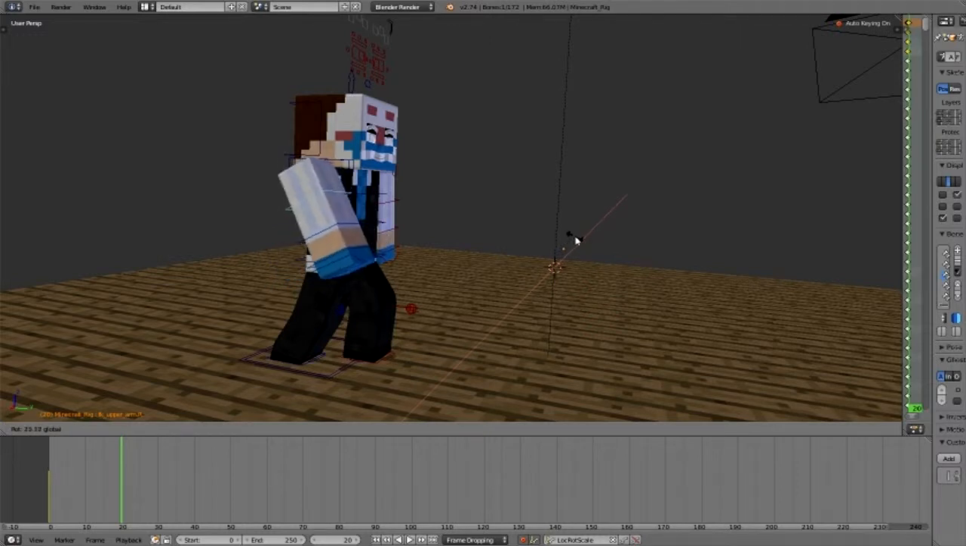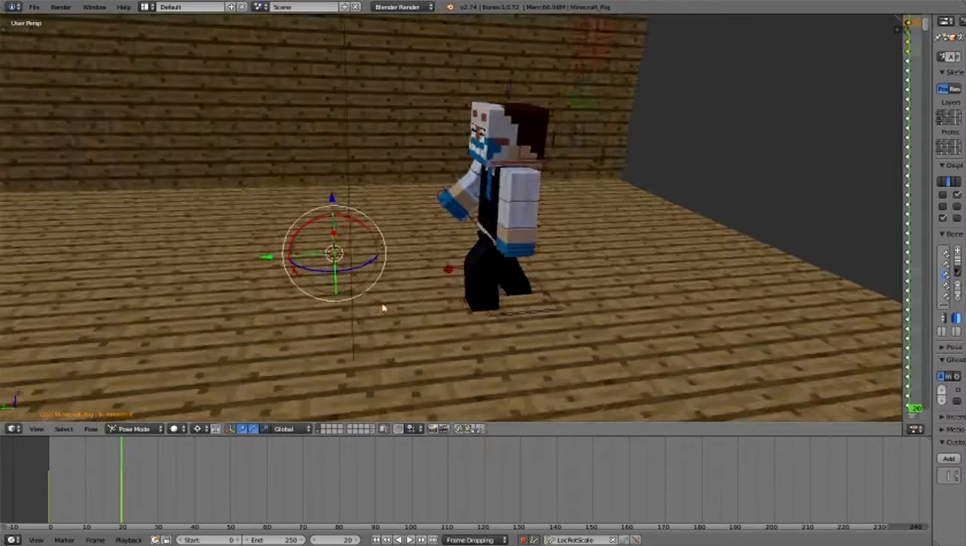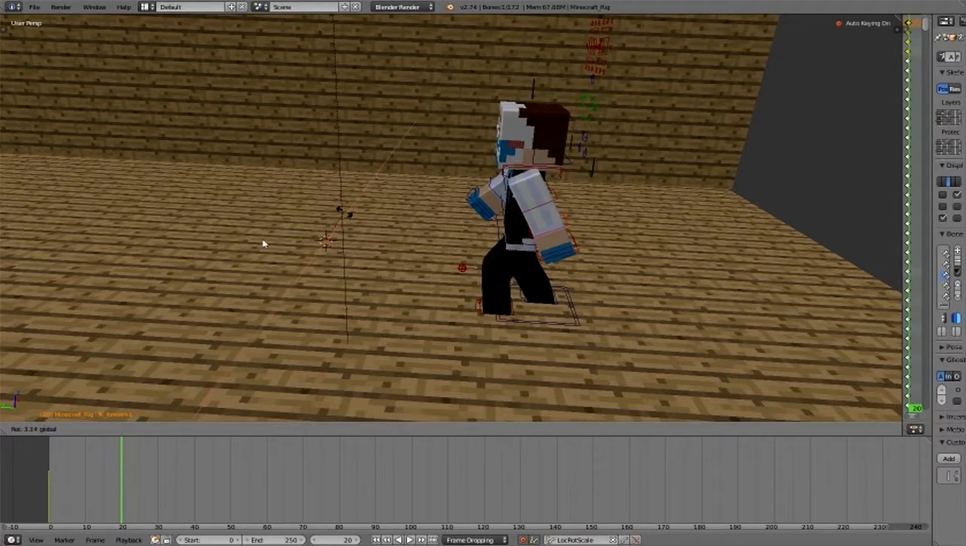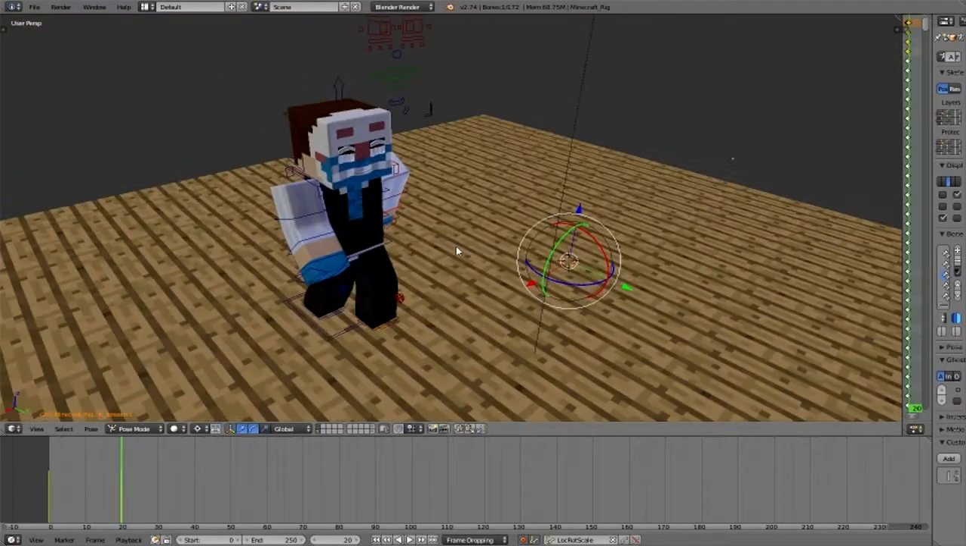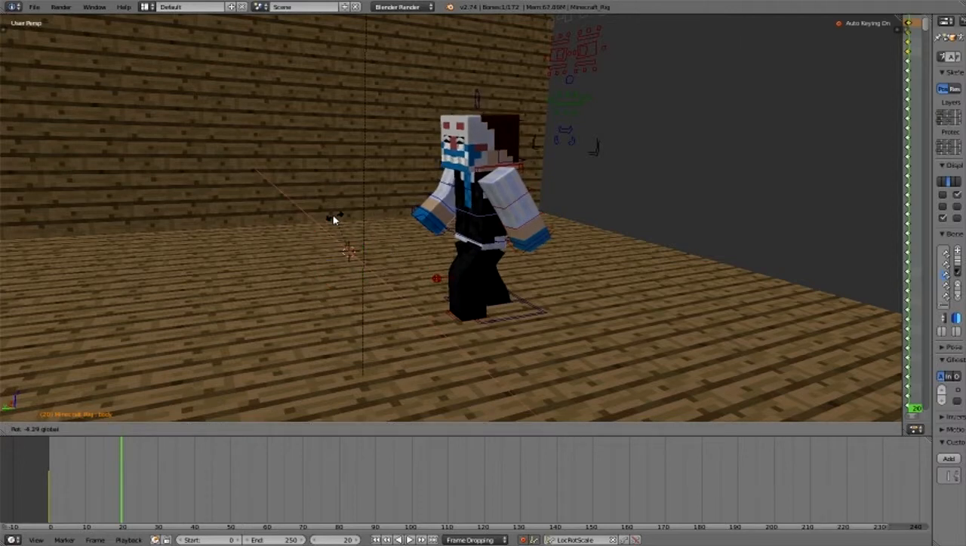So, I'm going to move that forwards there, and give this a little bend like so. And this one is going to go backwards. It's going to be a small bend in the elbow, but not as much because the arm is swinging backwards. We also want to give him a little bit of a forward motion in the chest here,